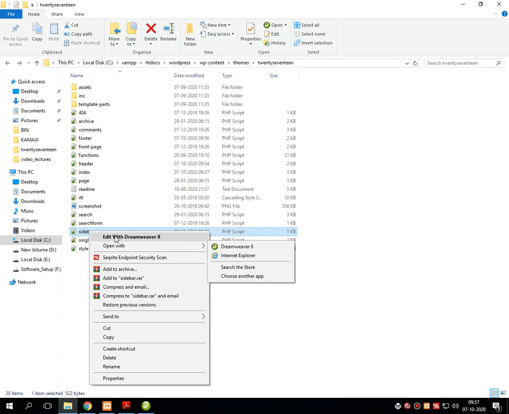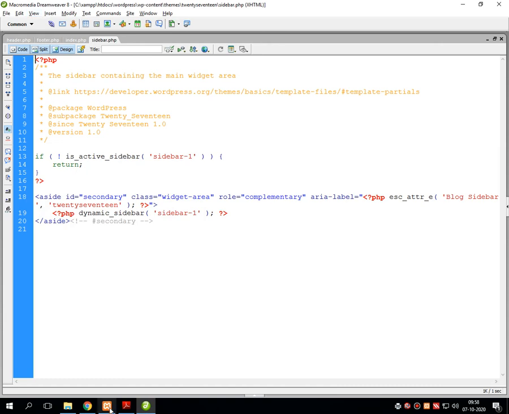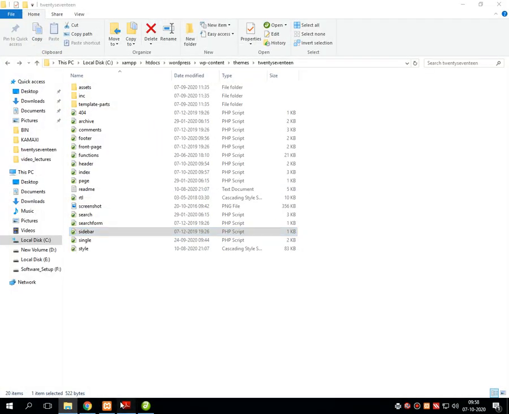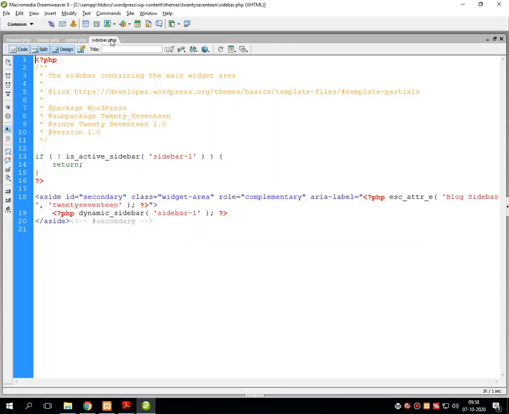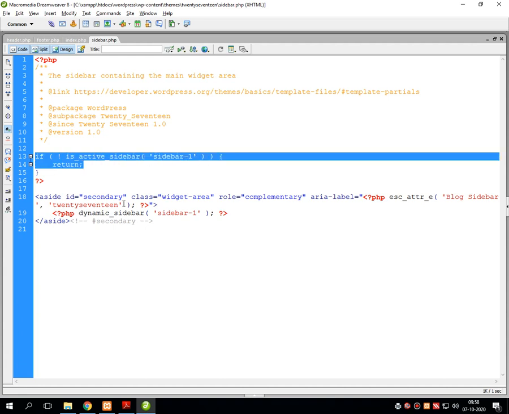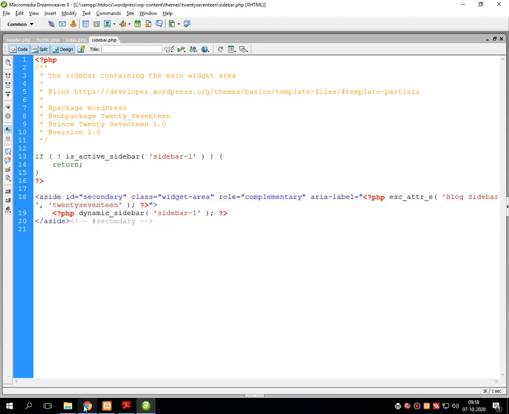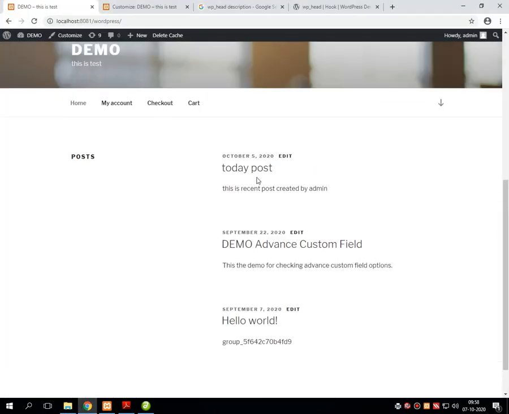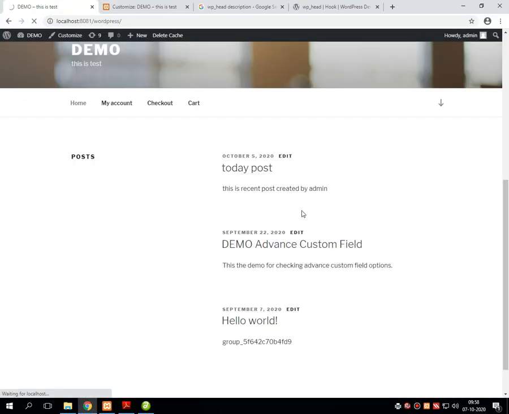Just open this sidebar.php. Sidebar.php is open. There is only one single sidebar, and that sidebar is displayed dynamically onto the web page that we are displaying. This is the sidebar. What I am doing is keeping this into the comment, saving the program, and refreshing the page, which should remove this part.